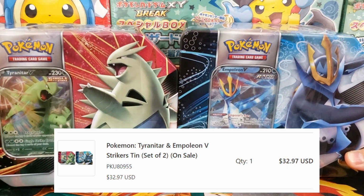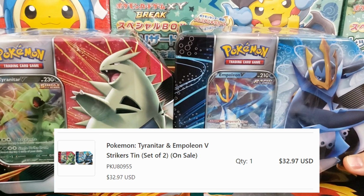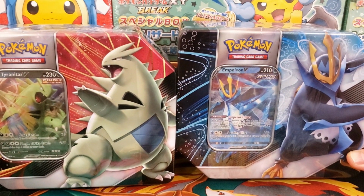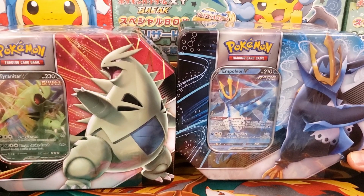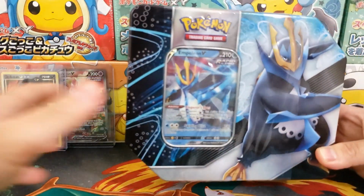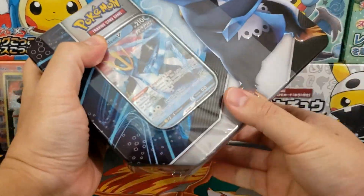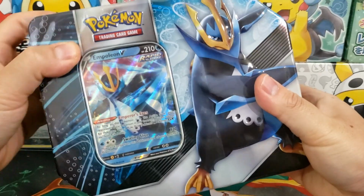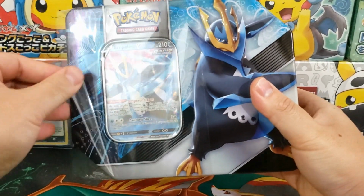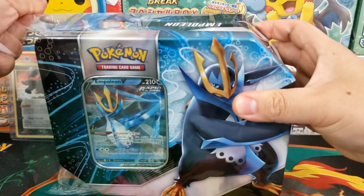They were going on sale. These normally cost upwards of $25 MSRP. So I got these for $33 compared to the regular $50 price. So $17 off. I think that's really solid. It's not a perfect deal, but I'm happy with that. I think that leaves us with like an extra $2 that I was unable to spend this month, but that's okay. All right, let's crack these open and let's see if we can add some cool cards to the